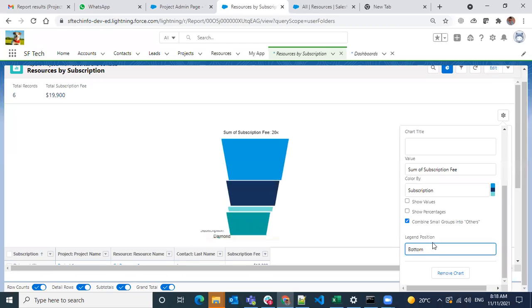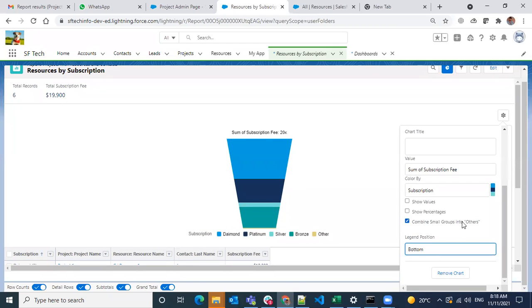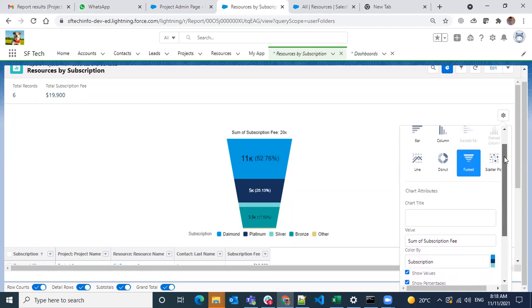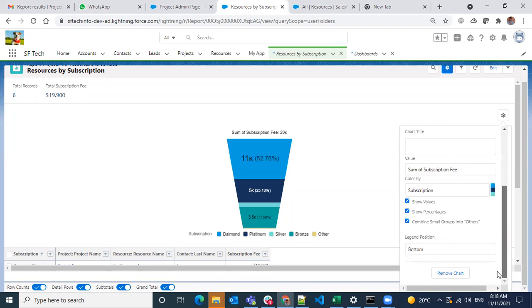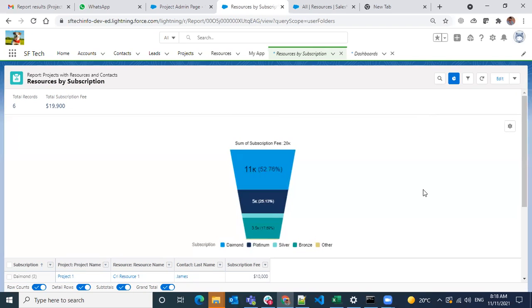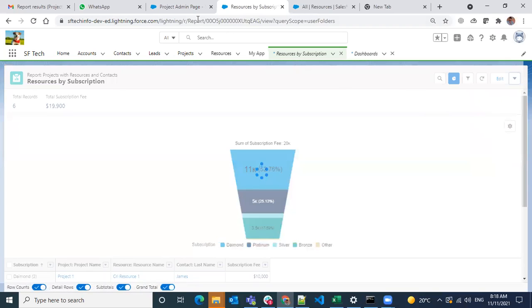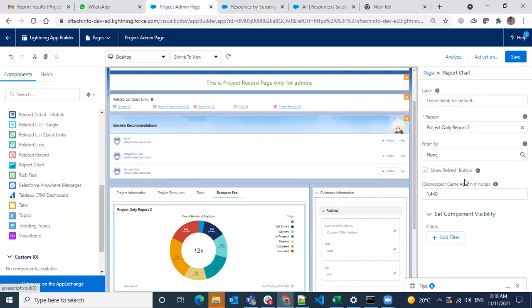Right or bottom, you can also add those values. Show values, show percentages, values. This is how I have it here. And I'm just saving the admin page.